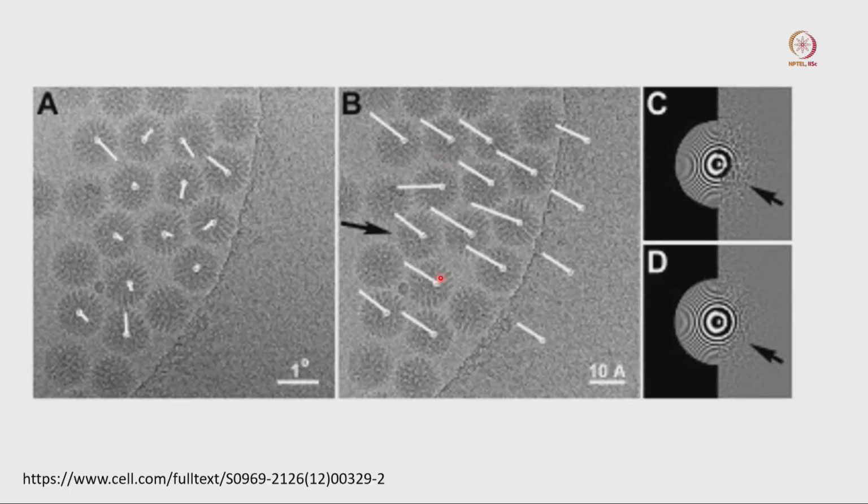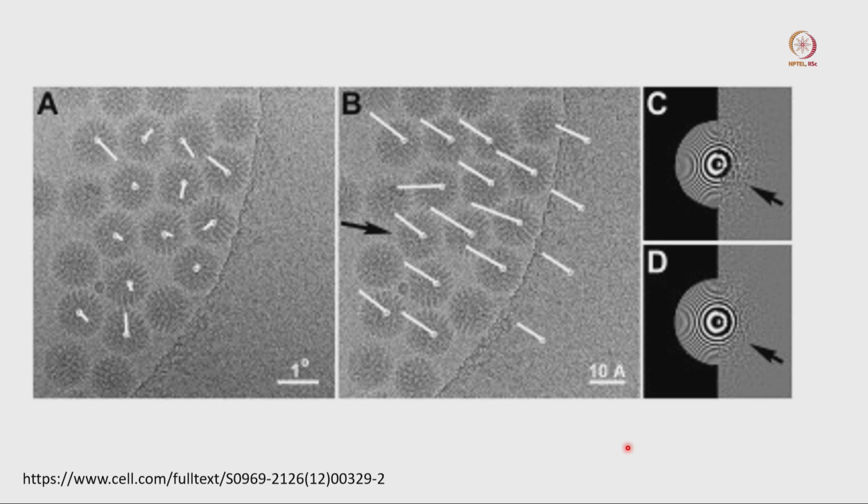If you see, all the time whenever we are collecting data, there is some kind of movement that is going to affect our power spectrum. The low frequency signal, which is centered at this particular area, is not going to be affected that much, but the high frequency signal is going to be severely affected. So that is one of the major reasons that drift correction or motion correction is a very important part.